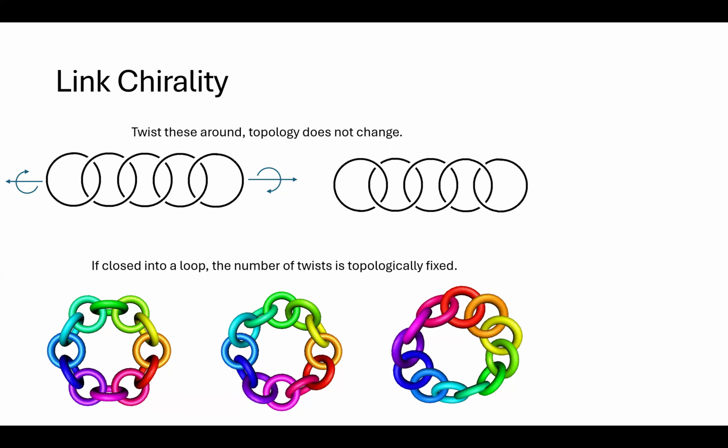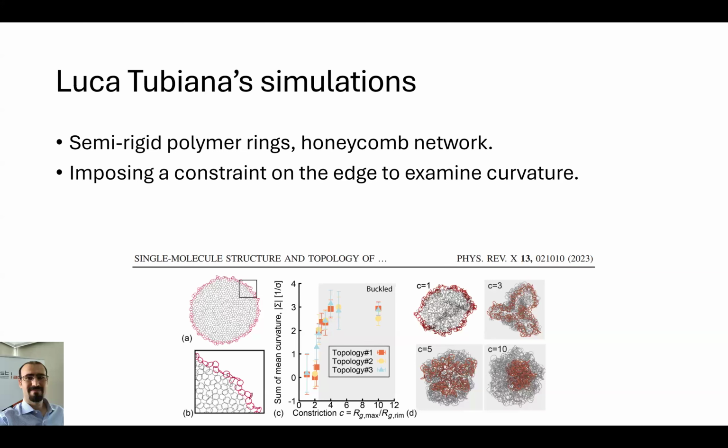So if you look at a square lattice, nope, got ahead of myself. Around the early 2020s, there were a few other simulations of kinetoplasts. One was from Luca Tubiana, and I'll talk more about this paper in the next section, but he was interested in how tension from the edge of the network causes it to buckle, and he imposed a constraint that did that. But he also noticed that the way he set the chirality of these loops in the honeycomb lattice changed how the network arranged itself. So he just randomized all that chirality and knew there was something interesting there.